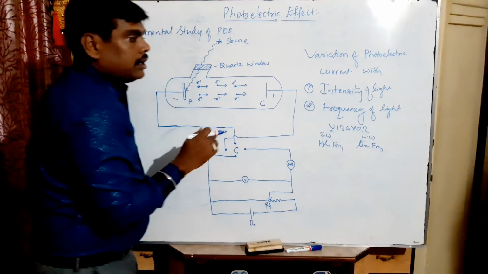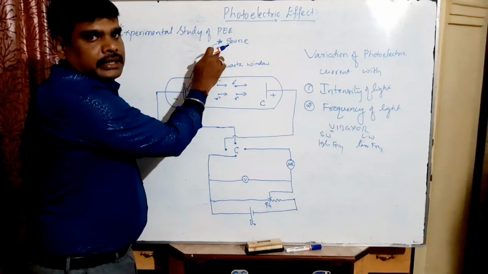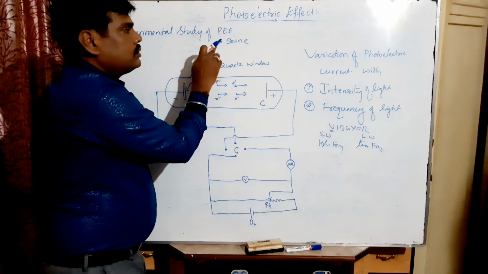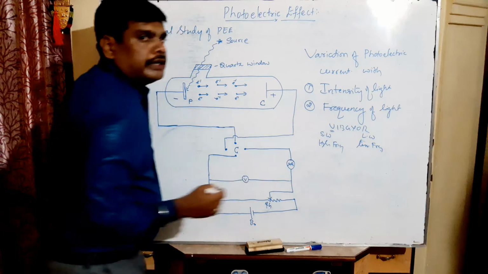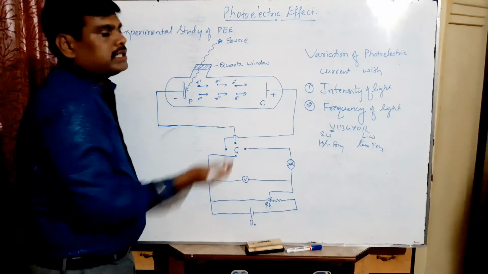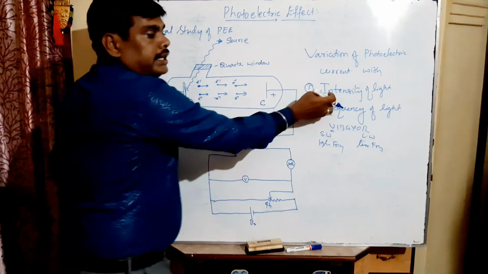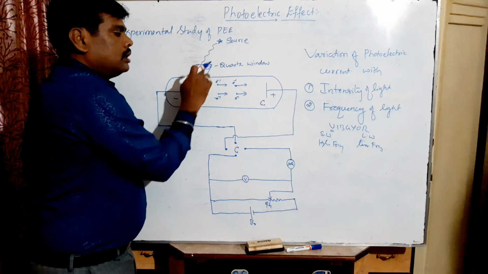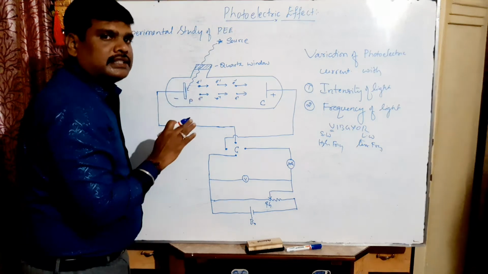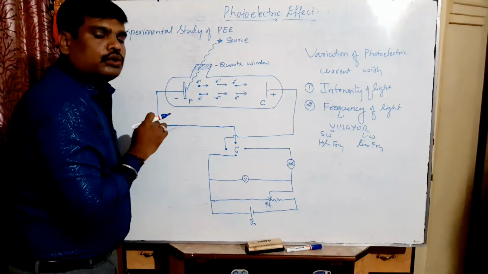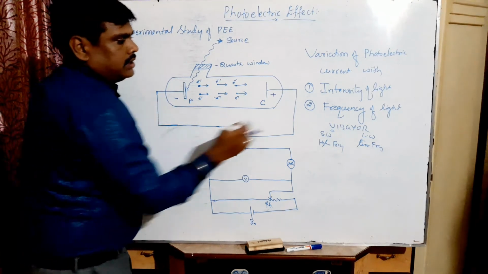So how do I vary the frequency? Just by taking different transparent color sheets. Red has a different frequency compared to violet. For different colors, we have different frequencies. So to vary the frequency, just place different colored papers in front of the source. How to vary the intensity? By placing the source at different positions from the window. When it is moved far away, intensity decreases. When the source is moved close to this quartz window, intensity increases. So this is the second method.